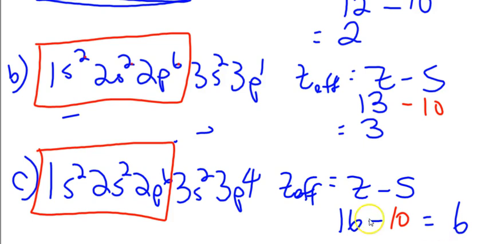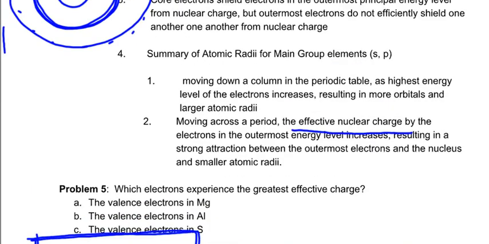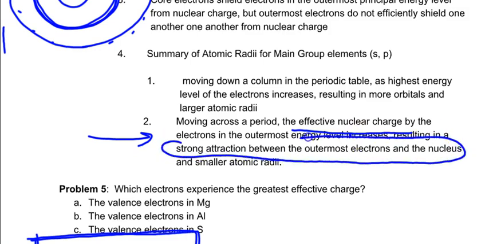So what does effective nuclear charge do for us? If you have a greater effective nuclear charge, watch this. The effective nuclear charge, I'm back over here again. The effective nuclear charge by the electrons is what? Resulting in a strong attraction, okay? The greater the effective nuclear charge, the greater the attraction. And if you recall what was said in your first year chemistry class, the greater the attraction, the smaller the